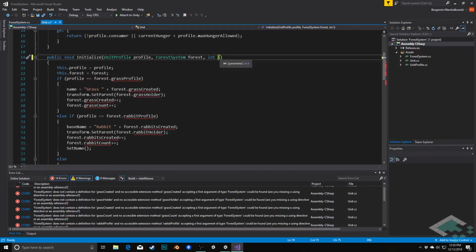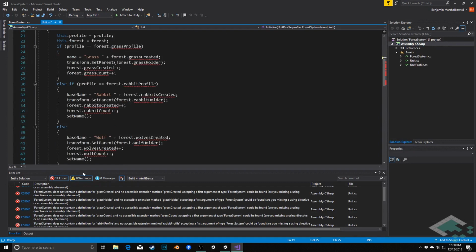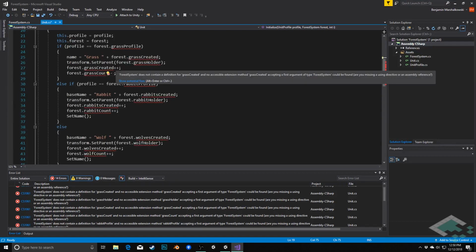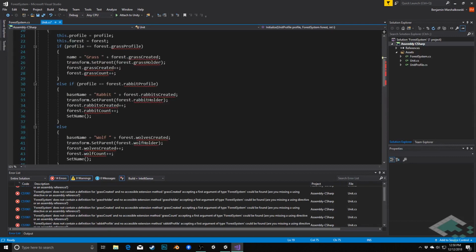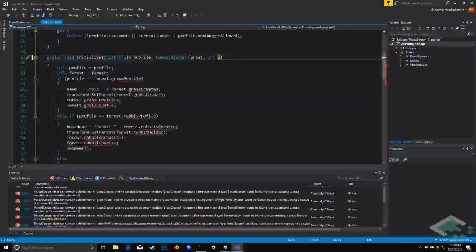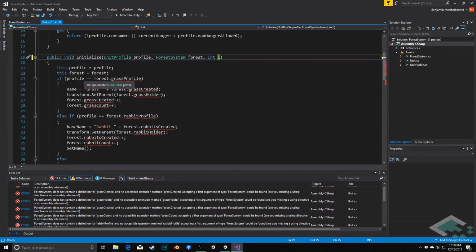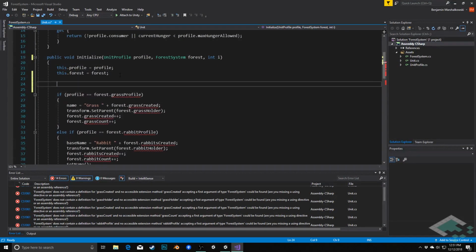Are we on grass? Are we on rabbit? Are we on wolf? And we're going to basically do all of these things. We're going to set the name. We're going to set the transform. We're going to set the transform as parent, I should say. We're going to increment the appropriate values, but we're going to do it all at once. So we can keep these two lines here, but then from here forward, we're just going to generalize